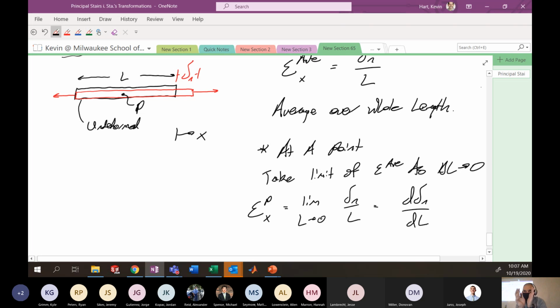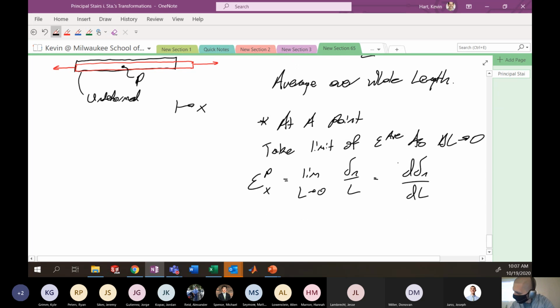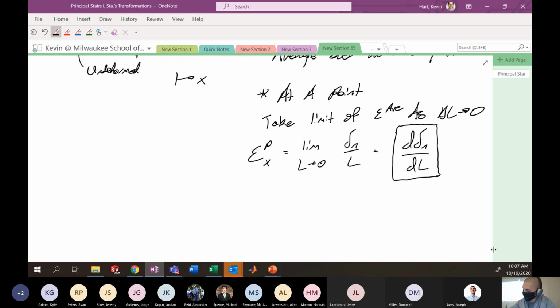What is the change in this change in length? Sounds a little bit weird, but the change in the change of length per length. Okay, strange. But hopefully we understand what I mean: you have some original length of a bar and maybe it extends with strain. Think about that happening at a point. You have one tiny little point, it's got some original length to it, maybe very, very small. And with the strain that's localized at that point, it extends some small length. Okay, so that's generally this equation. So this change in the length divided by the original differential length, right? So it's kind of like your 1D axial strain.